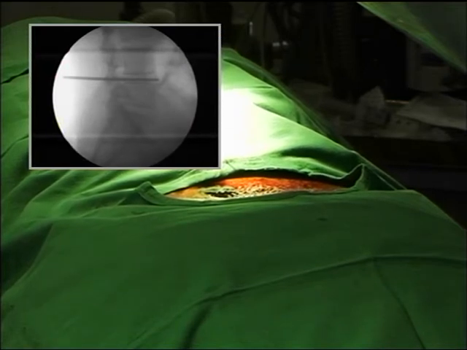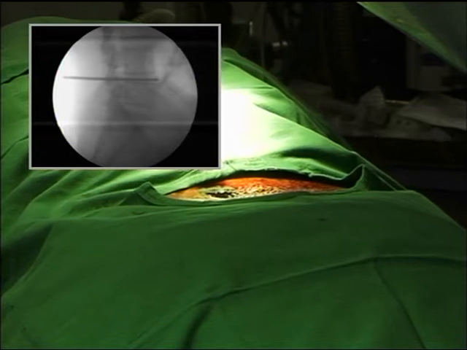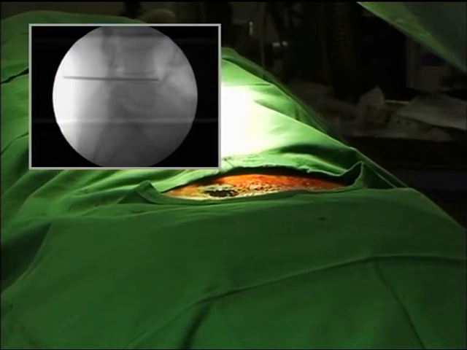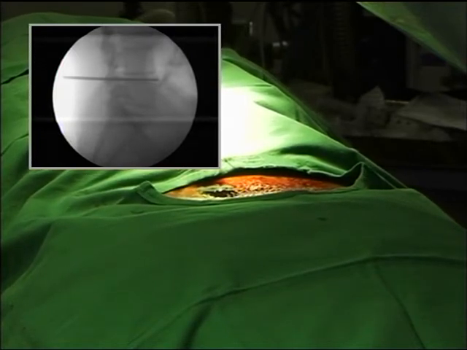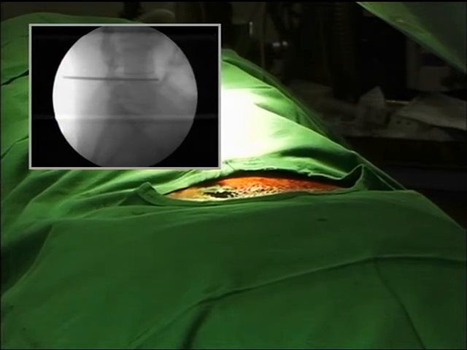We'll just bypass the facet, go ventral to it, reach the neural foramen, and then we'll just touch the annulus. Once we touch the annulus, we'll retract the needle 1 to 2 millimeter, and then we'll push the non-ionic contrast to see its spread, whether it is going freely through the lateral recess to the epidural space or not. At the same time, the patient will be given half ml of 1% xylocaine, only half ml, so that it should not spill here and there, one level below. Right now the patient is having restriction of SLR on the right side, around 50 degrees, and he is having pain right now.